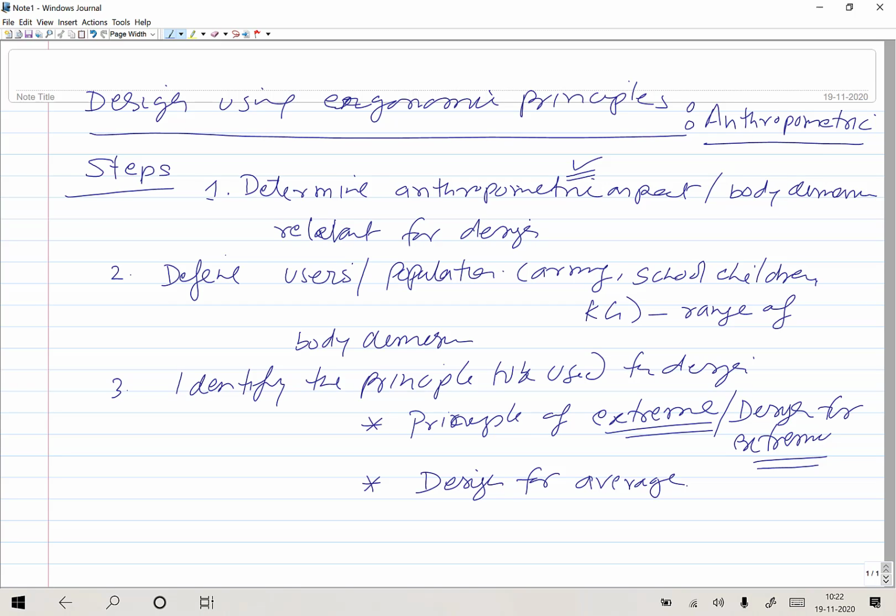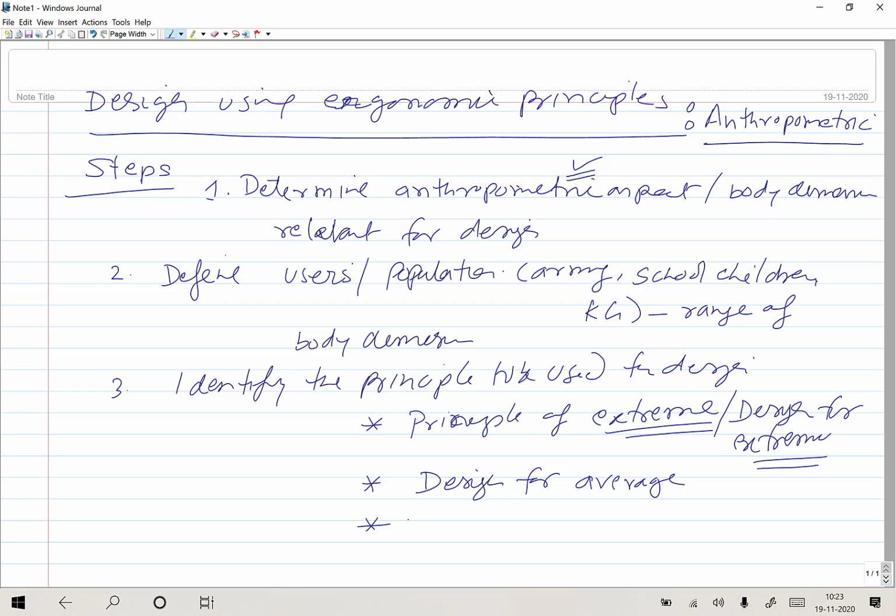The third one is where you feel that user can have the height of 5 feet, or 6 feet, or 5.5 feet, or 6.5 feet. So you consider that and come up with such products